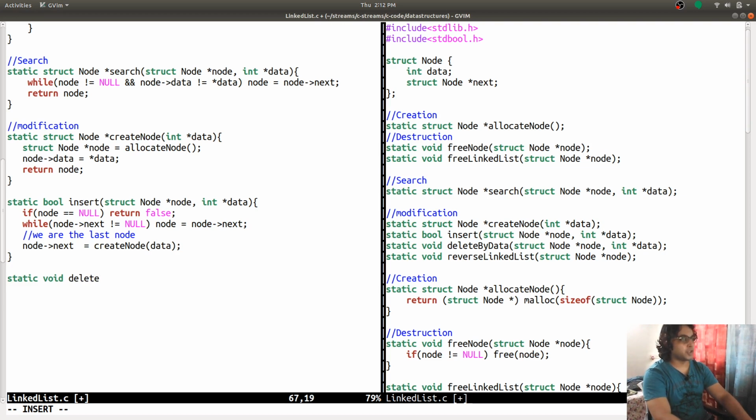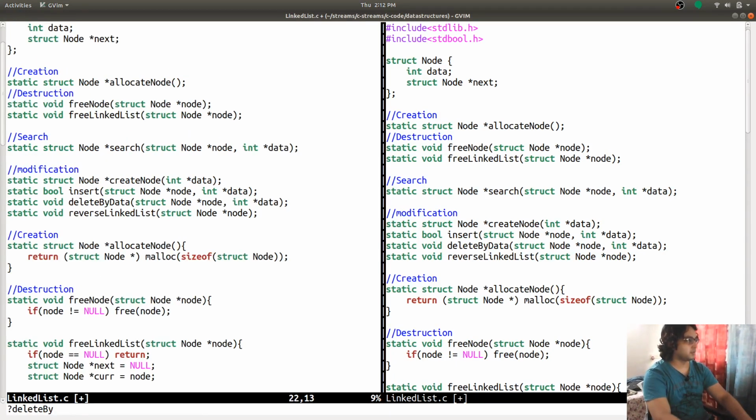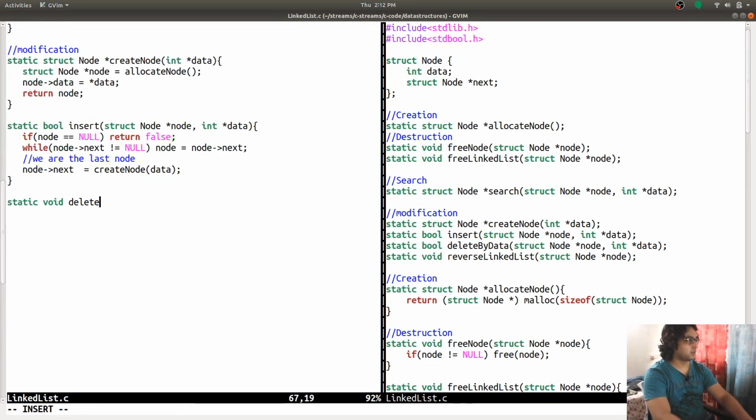We can also use delete by data, struct node star node and int star data.